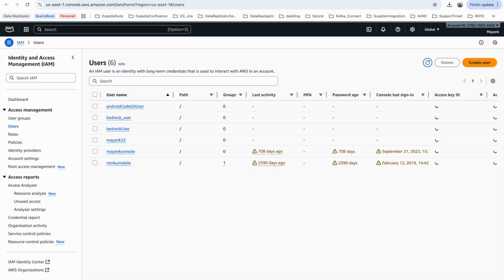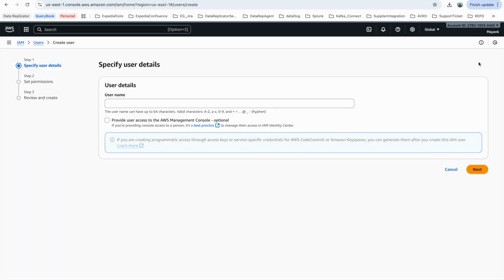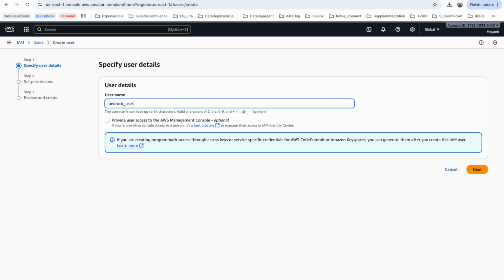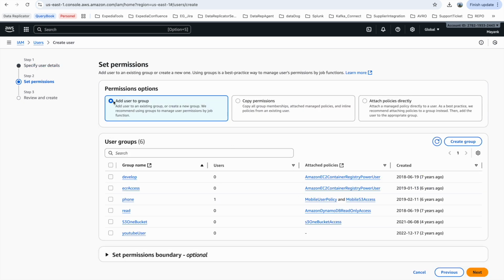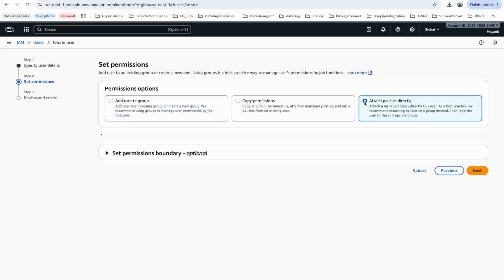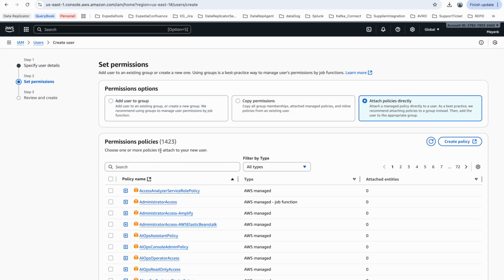So all you need to do is just basically create a user. Just open the create user request, enter the username, Bedrock user 2. I already have created a user, so I will just guide you how you can create it. Just attach the policies directly and use Amazon